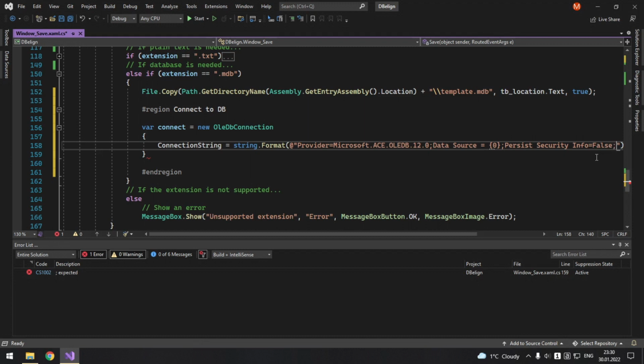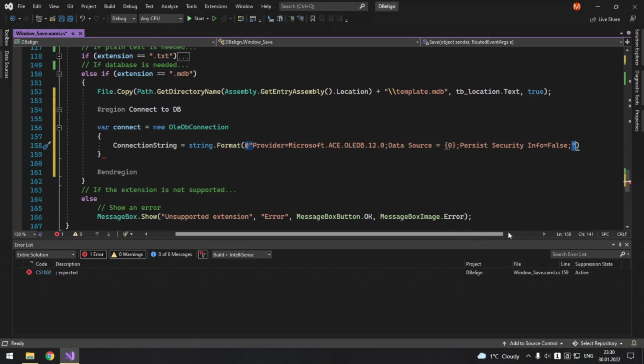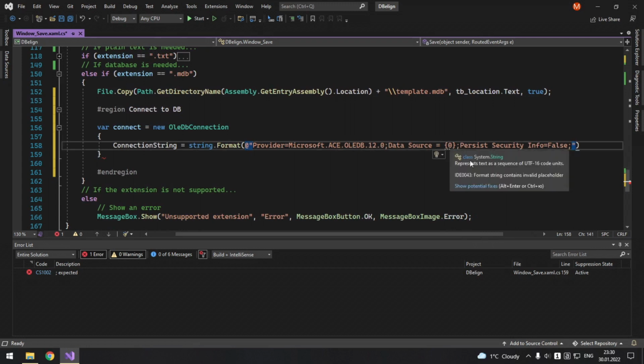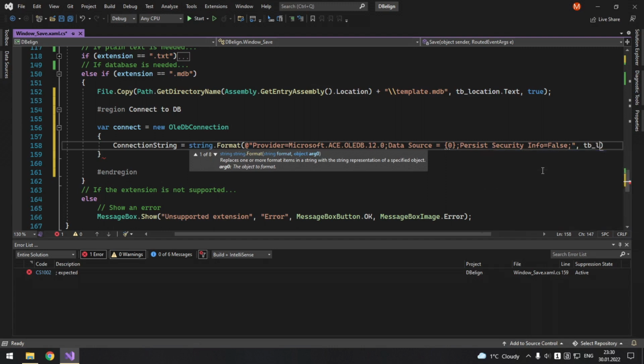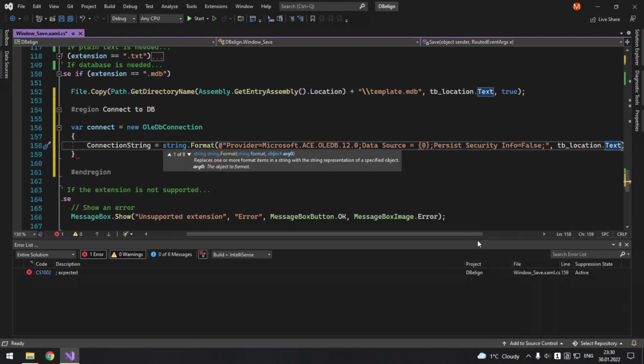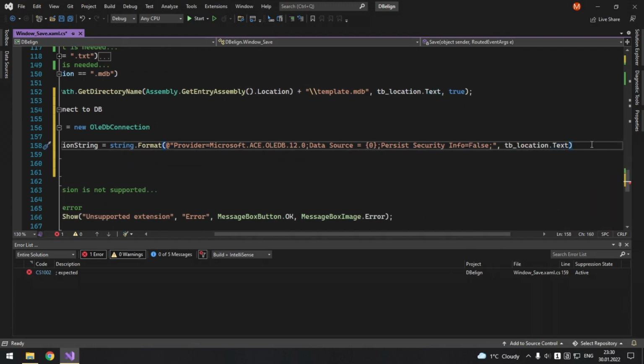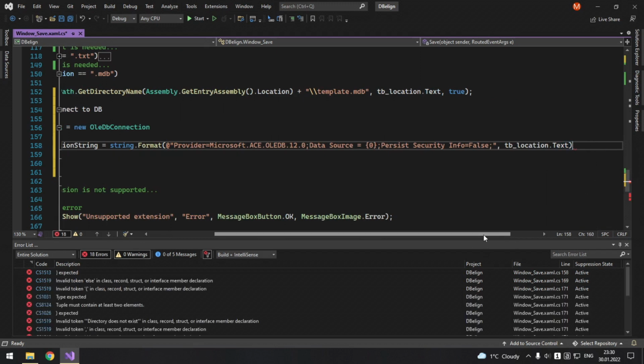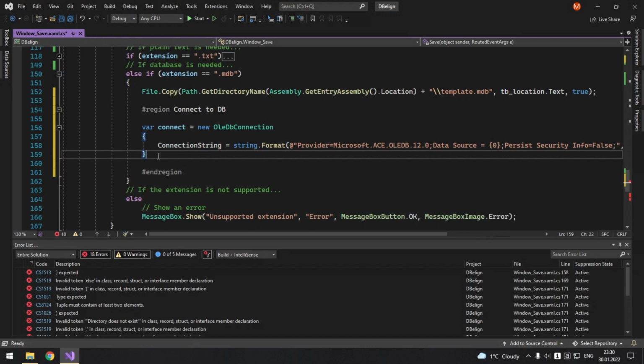And a semicolon within these two quotes. And here we pass the parameter, which is actually tb_location.Text. Okay. Oh, actually, no, we need to put it here.